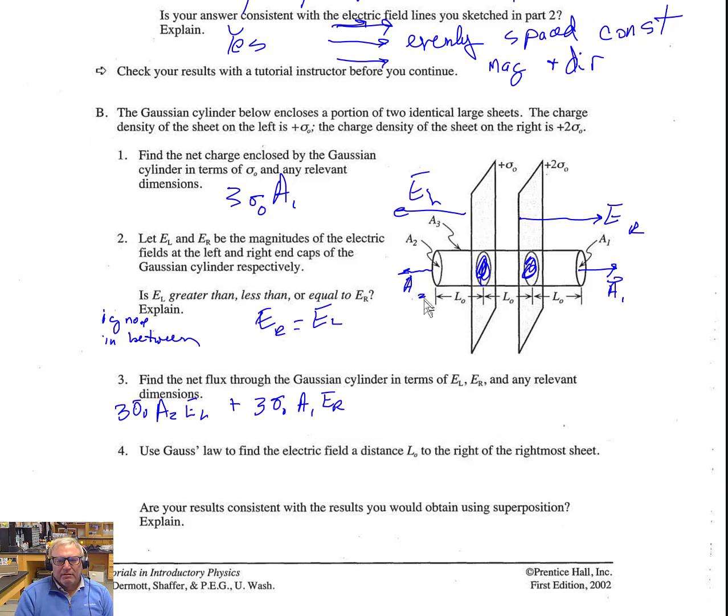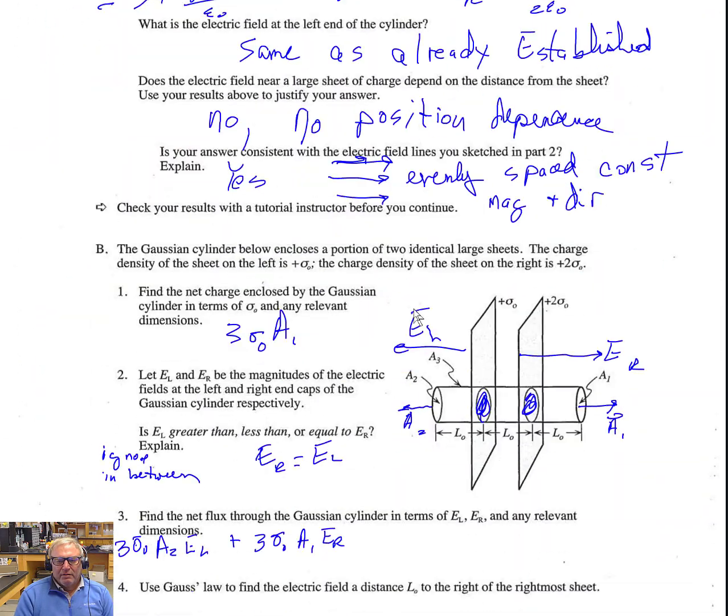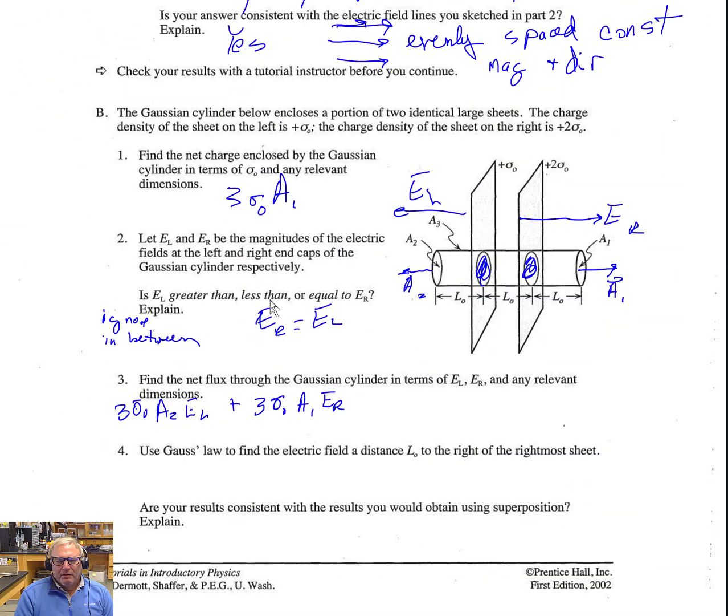So that ends us up with, since again A1 equals A2, E right equals E left, both magnitude and direction, in fact we can express them as vectors. So that means that 6 sigma 0 A1 E right equals